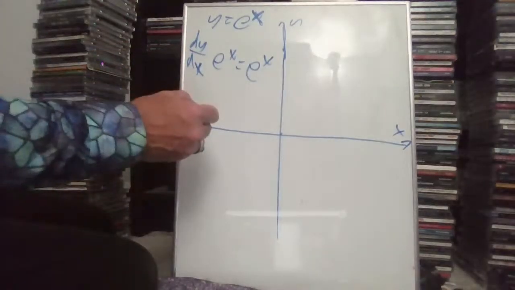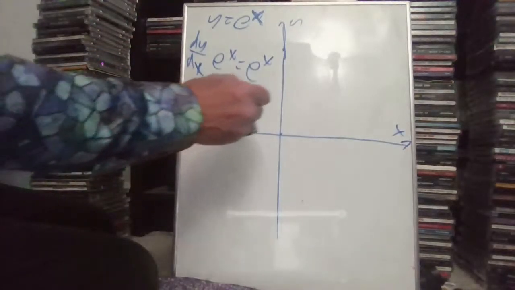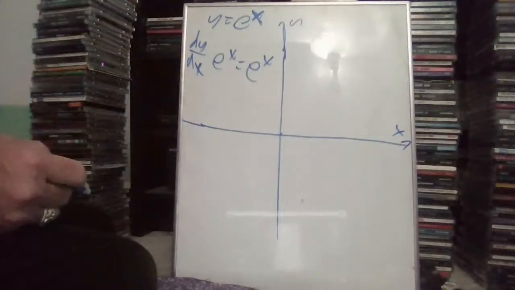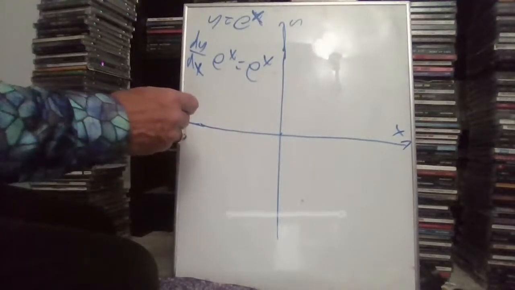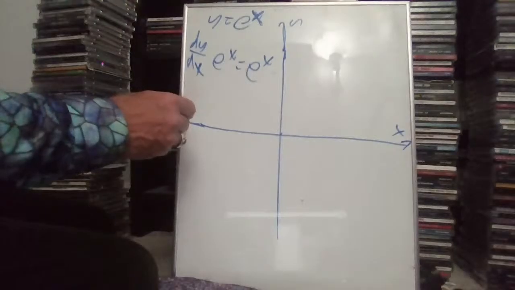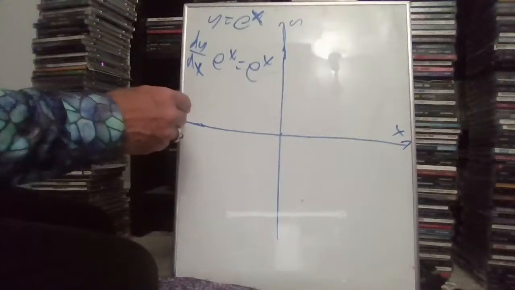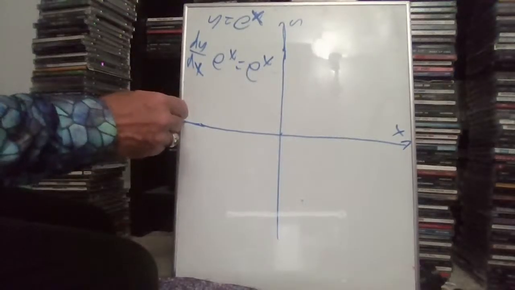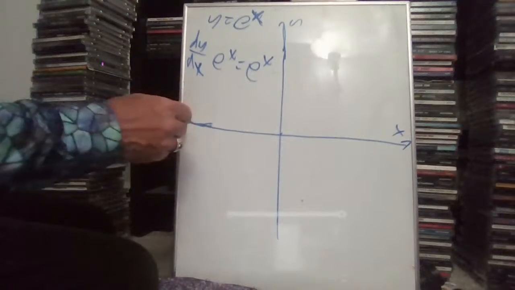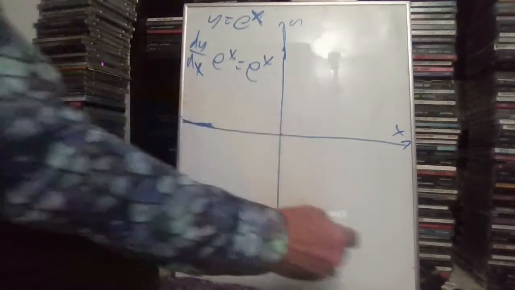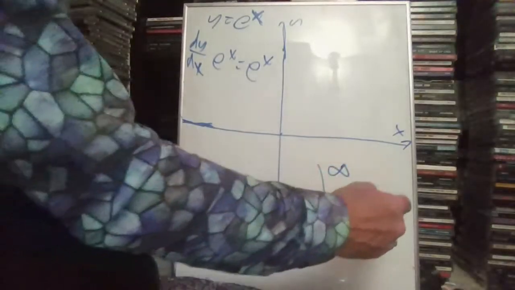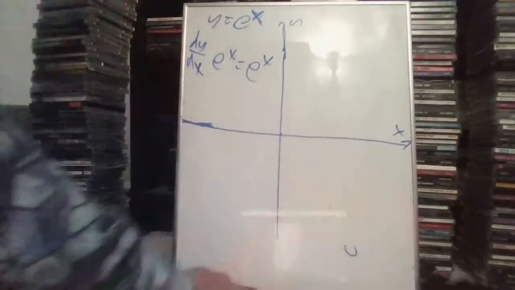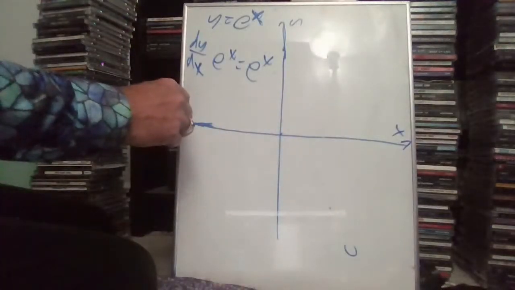So you have a function which, whatever the value of that function is, that's how fast it's increasing. If the function back here is 0, it's increasing by 0, because it would be horizontal, because a horizontal line has 0 slope. A vertical line has infinite slope. In between, that would have one slope, and so forth.